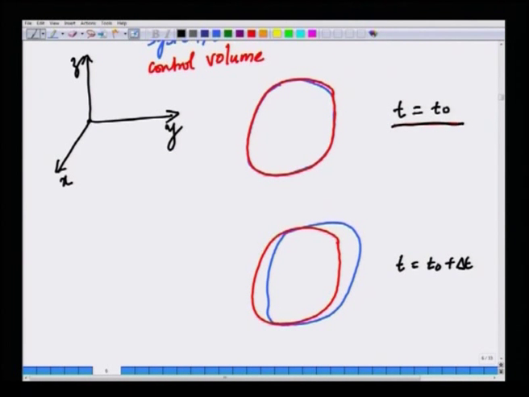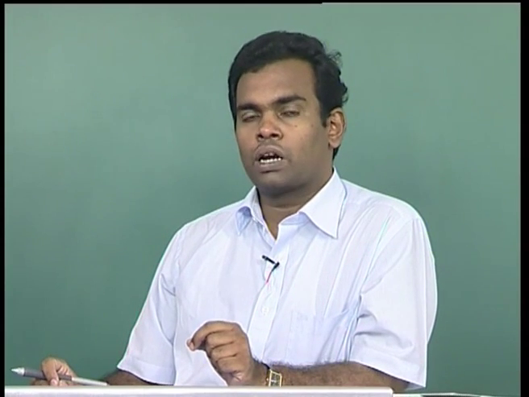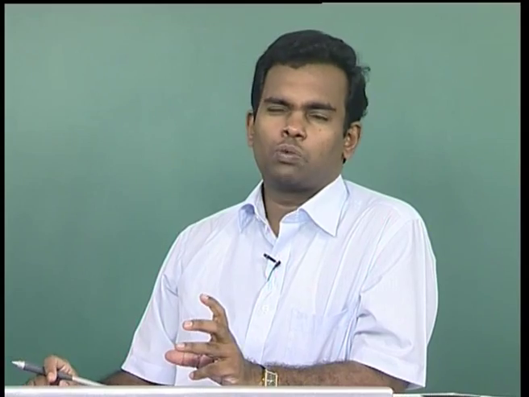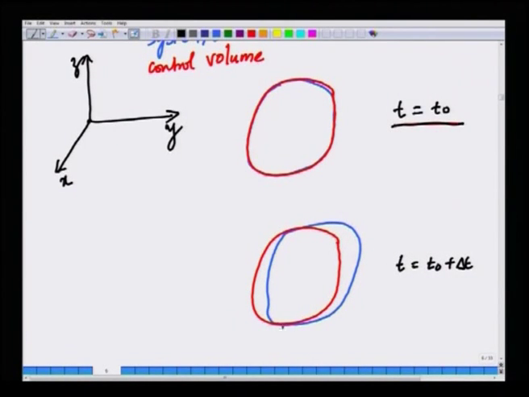The CV will remain the same, but the system, the blue line, would have moved elsewhere because the fluid is continuously moving. So, if you mark a set of fluid particles by a blob of dye, that will in general not be located in the same spatial region, because as the fluid flows, it will stretch that blob of dye and it will deform, it will rotate, it will translate and so on. So, in general this blob of dye, which is what I call a control mass, would have moved elsewhere to some other location immediately after at a time delta t.